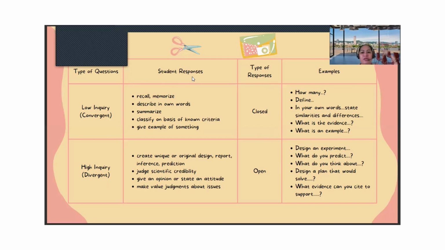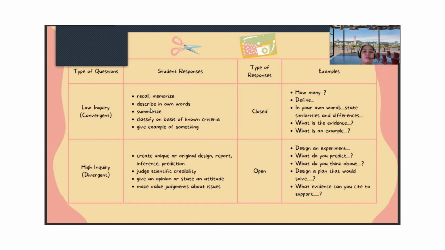So the sample questions for that is like, for example, how many? Define. In your own words, state similarities and differences. What is the evidence? What is an example? While on the other hand, when we do the high inquiry questions, so the divergent questions,